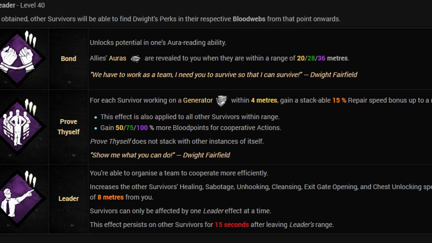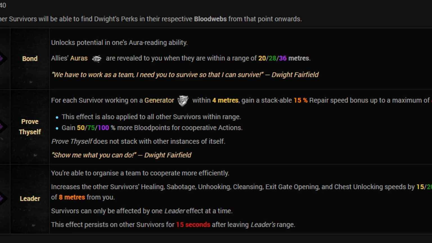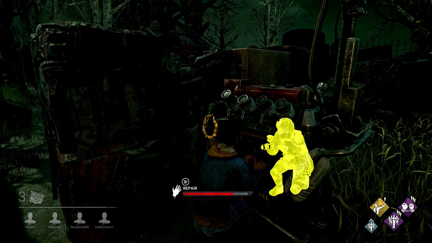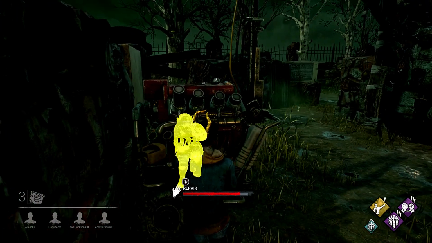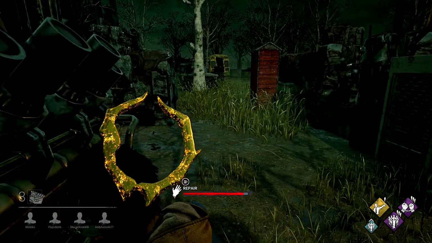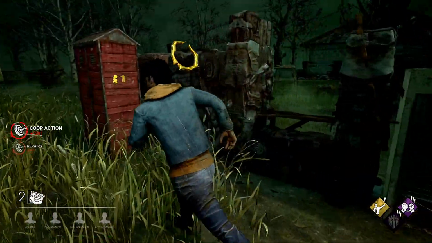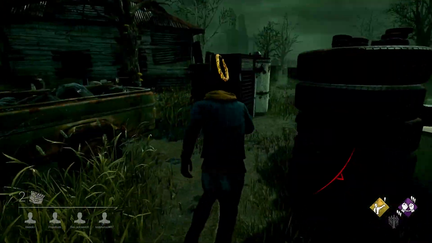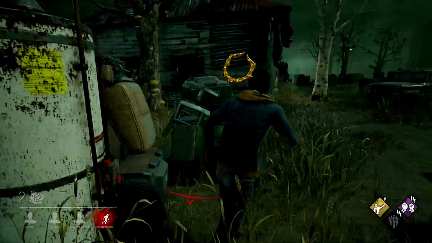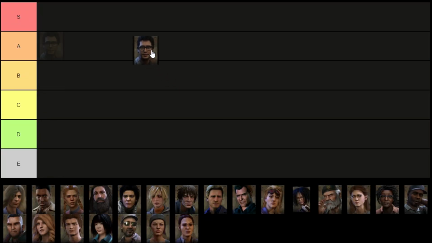Leader, being probably the weakest one, is still very useful as it increases the speed of doing stuff by 25%, except for generators. But of course you have Prove Thyself for generators if you're doing generators with someone else. And then lastly, Bond is an extremely powerful perk as it provides information to yourself on what other survivors are doing, and it's a very good solo queue perk. And with that being said, I would definitely put Dwight in A tier because all of his perks are pretty